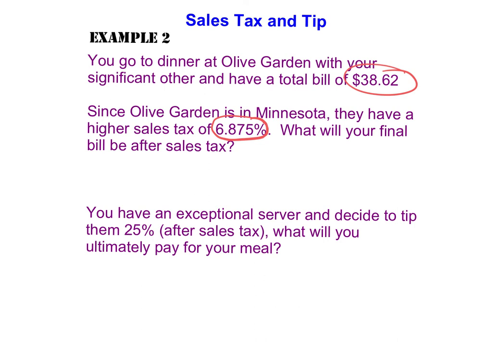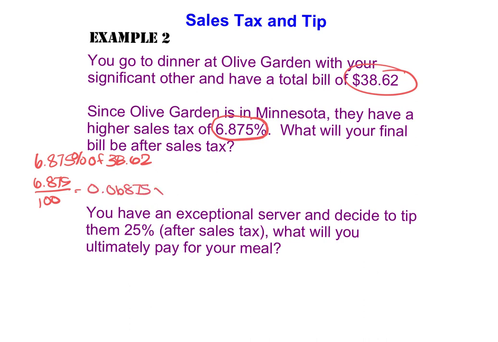So here, we are going to take and we're going to find 6.875% of 38.62. So remember, you can use the cross multiplication method if you like, or you can just take 6.875 divided by 100. So we get